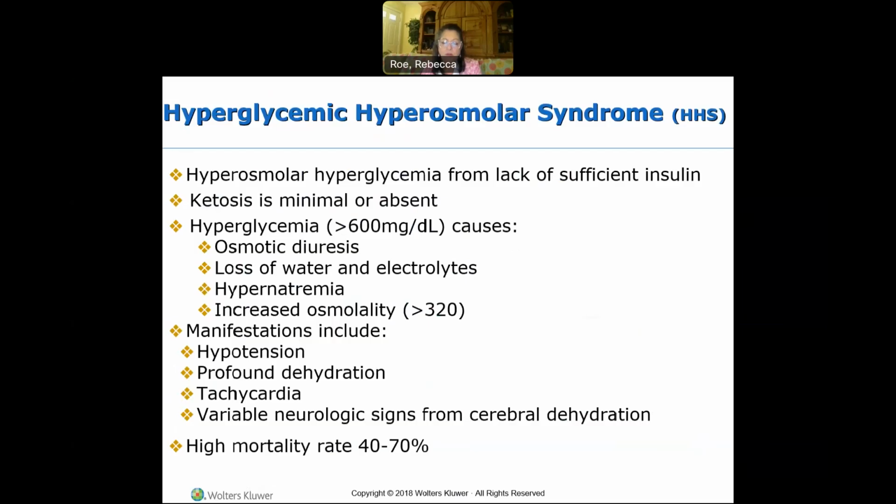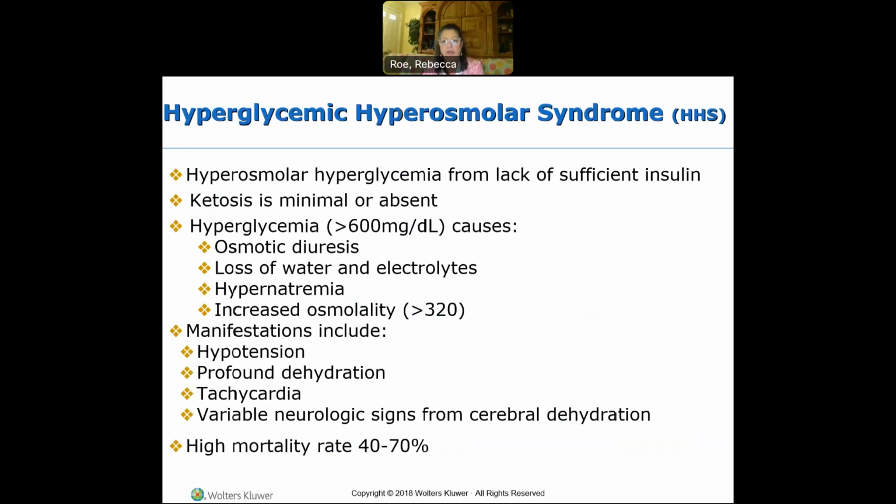This syndrome occurs most often in people that are 50 to 70 years of age. It can also be traced back to acute events like infection, MI, or stroke. Medications that exacerbate hyperglycemia would be corticosteroids, thiazides, diuretics, phenytoin, beta blockers, and calcium channel blockers. Even treatments like dialysis can cause this. Patients usually have had days or weeks of polyuria,